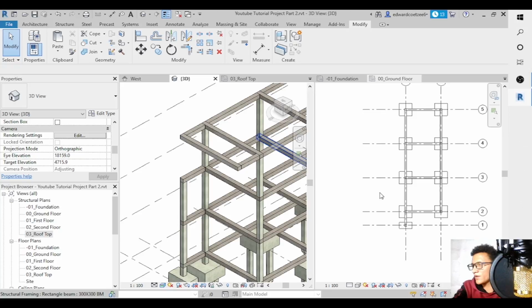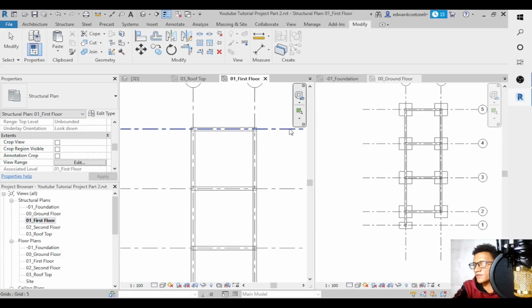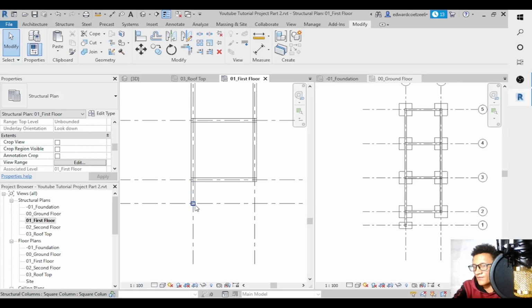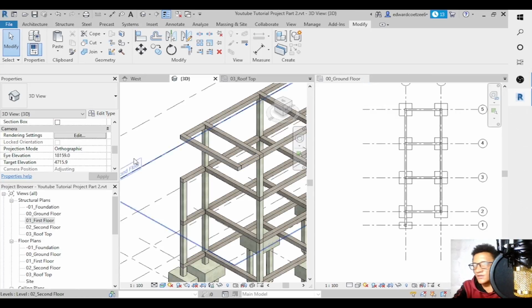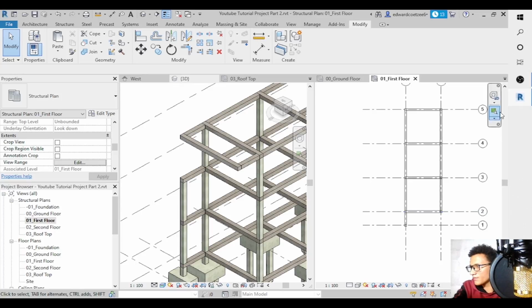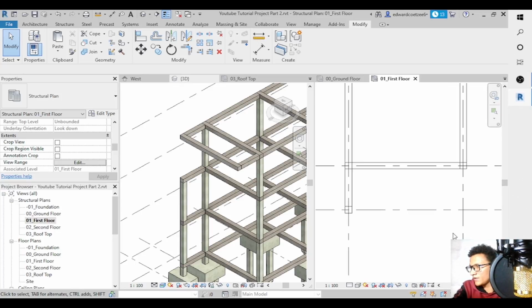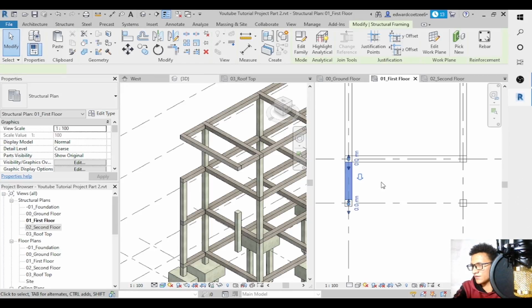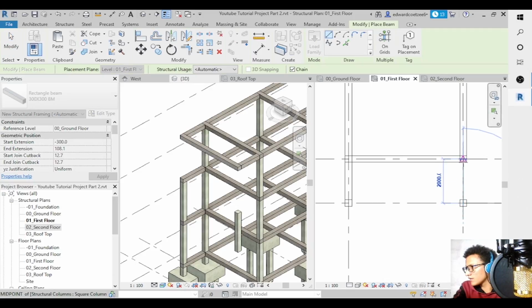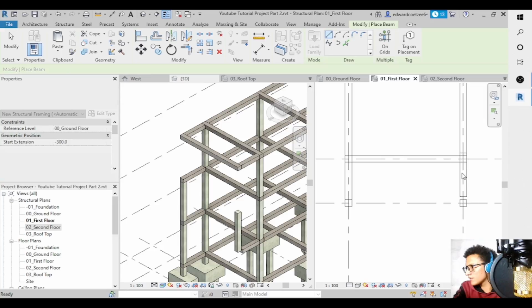And then what I want to do now is move to my first floor. So I'm going to move to my first floor, and then after moving to my first floor I want to, okay, let me go out here, foundations out there, click on first floor, open first floor on this side, and then zoom in there, and then click on this, say CS for create similar, come here, okay,